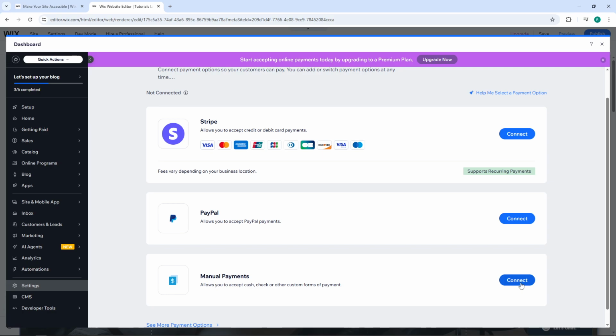Simply click on Connect next to your chosen payment method, and you'll be prompted to enter the payment or card details or PayPal account information to link into your Wix website as your payment method. Follow the prompts carefully and enter all required information accurately to ensure smooth transactions. And that's it. You've successfully connected a payment method to your Wix website, allowing you to start accepting payments from